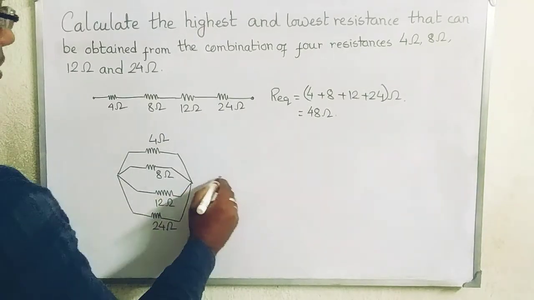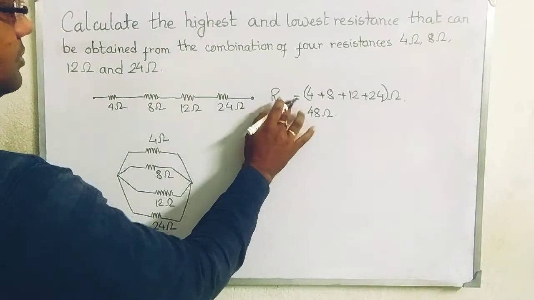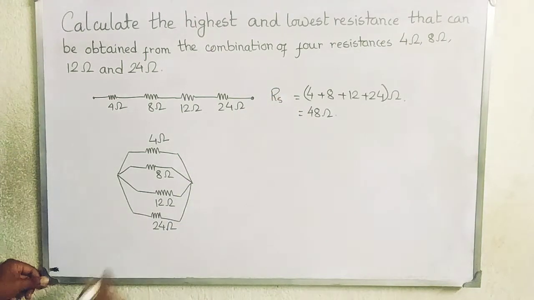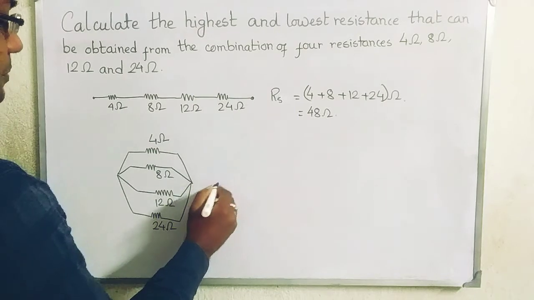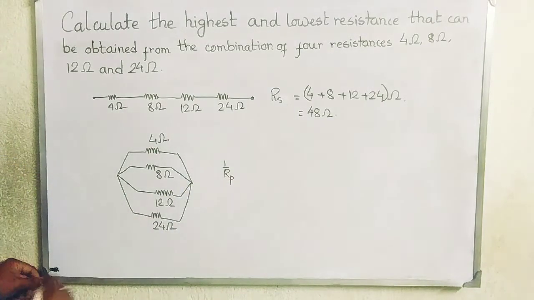Then the equivalent resistance, if I write down RS, if they are connected in series combination. Now if I write down RP, which is the equivalent resistance of these 4 resistances in parallel combination, then 1